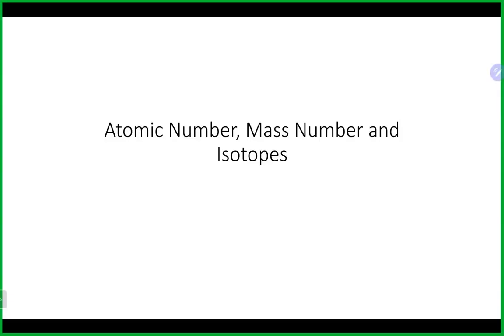Okay, we're going to continue on here. Now that we've talked about how the atom came about, or really the discovery of what the atom looks like, we're going to talk about some properties of the atom, including atomic number, mass